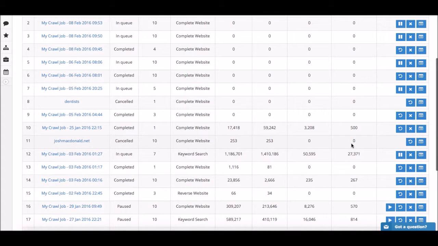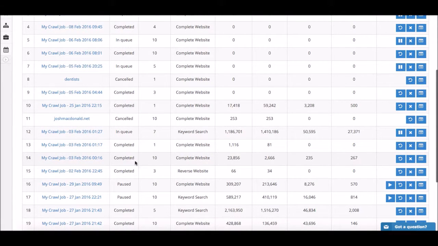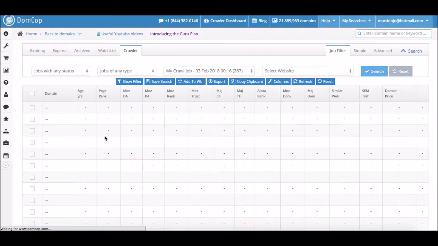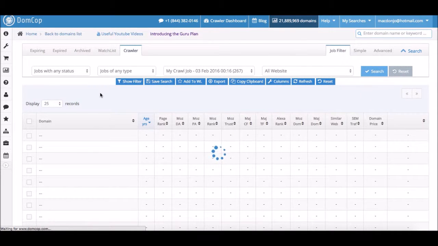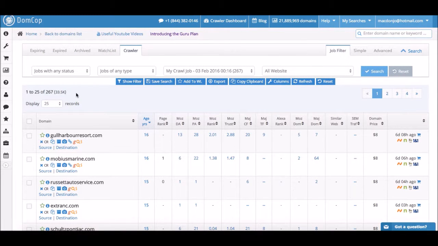you want to look at specific results, specific domains from a specific campaign. So let's say this was one client's crawl for this client's PBN. So I'm going to click view domains, and it'll show just the 200 domain names from this crawl. So 267. And as normal in the DomCop interface, it has all the metrics you need. Everything is here. You can hover over source, and in the bottom of your browser you can see it says